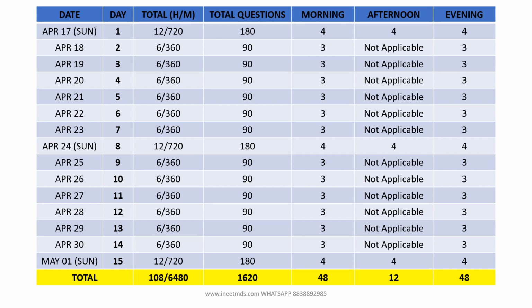Sunday has 12 hours of allotment, other days 6 hours of study. So when it is a Sunday, you will have 12 hours, which means 720 minutes of preparation. On the other days it is 6 hours, so you will have 360 minutes of preparation. For Sundays it is morning 4 hours, afternoon 4 hours and evening 4 hours. On the other days it is only morning and evening shift. In case you are free in the afternoon on the other days as well, if you are a non-working person, you can use this afternoon timing for any left out portion from the morning or any portion of your choice.